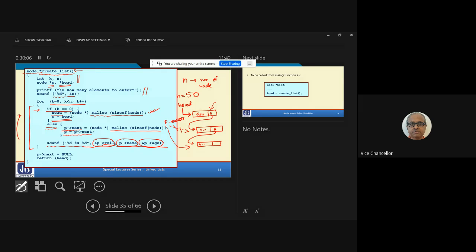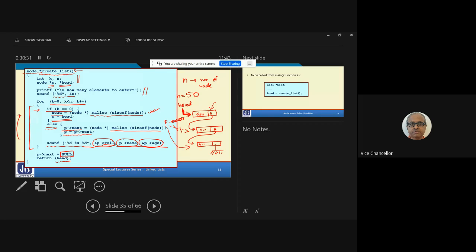So for the last P next, you store null. And you return the pointer. See, head still points to the first element because we have not modified head. Only for k equal to 0, we have assigned a value to head.